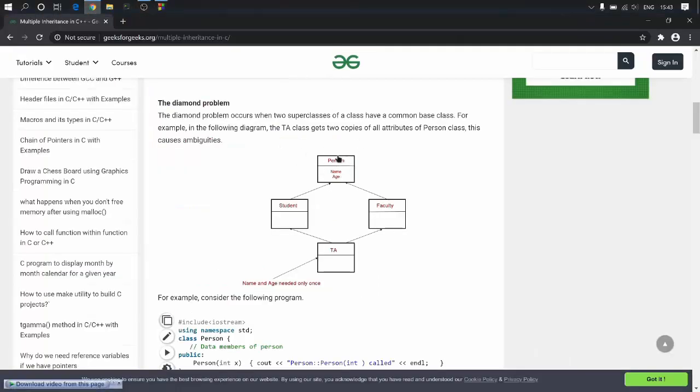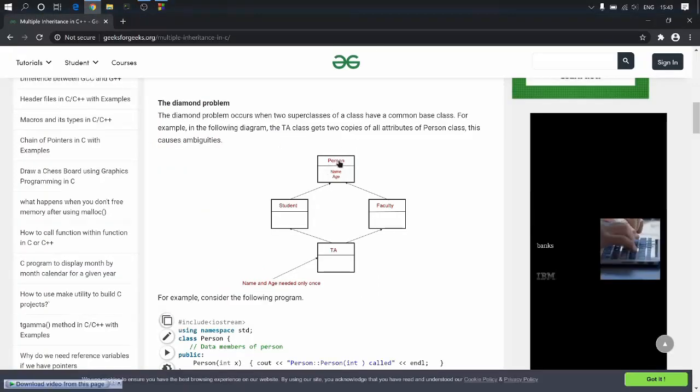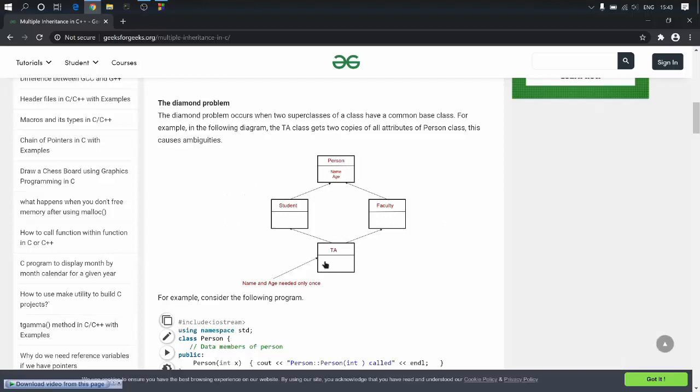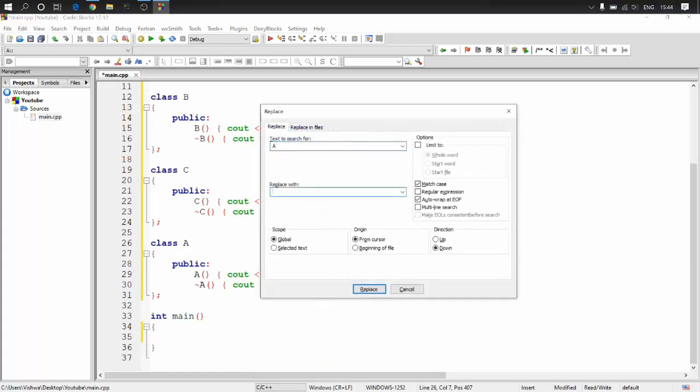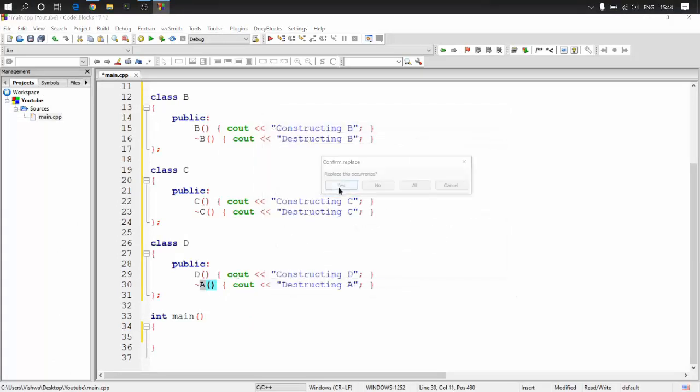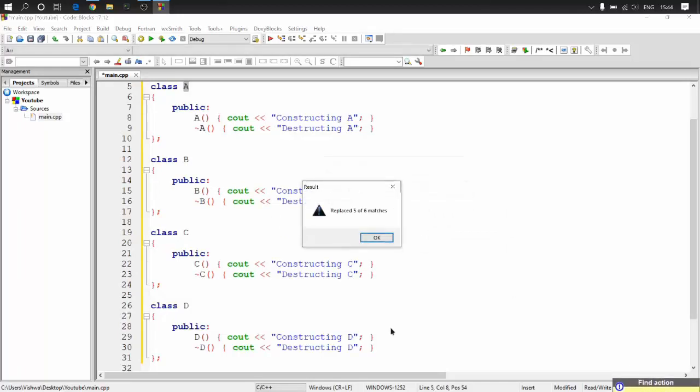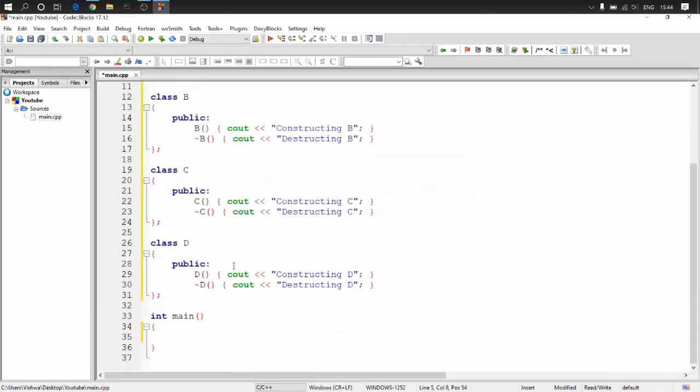This class is being referred to as A. You have B and C, 2 more classes which are going to be inheriting from A, and then you have another class, sorry, this class will be called D, which is going to inherit from both B and C. So replace that with D, and done.